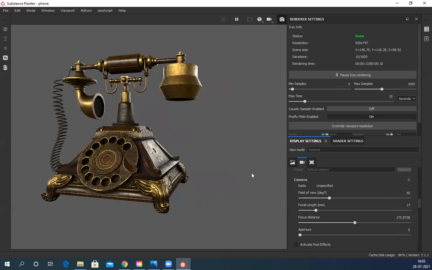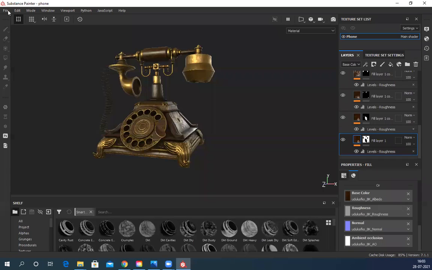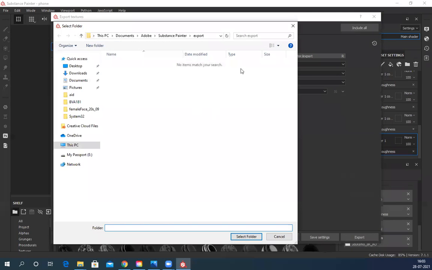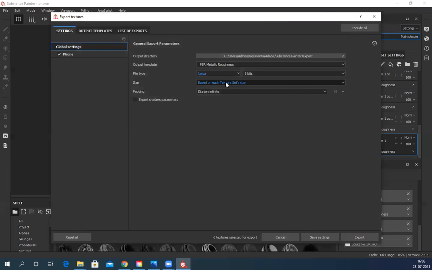So you can try rendering this thing out. We can render one frame from here, or we can take it to Marmoset and then render it there. For that, we have to export textures. Click on export texture. Select this texture. Format is Targa. For games, we always use Targa until now, unless we're asked to change it. Sometimes we use PNG, but we don't use JPEG or any other format. And you can choose the folder where you want to export, and the size.